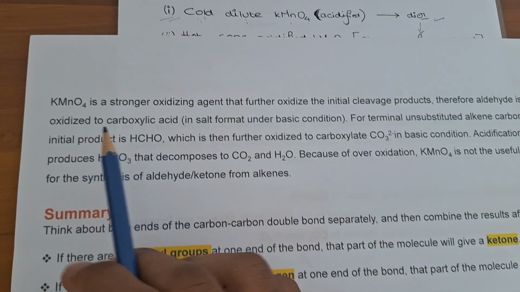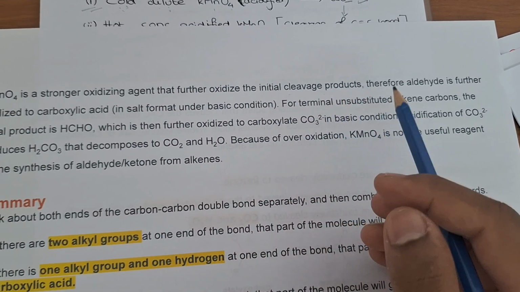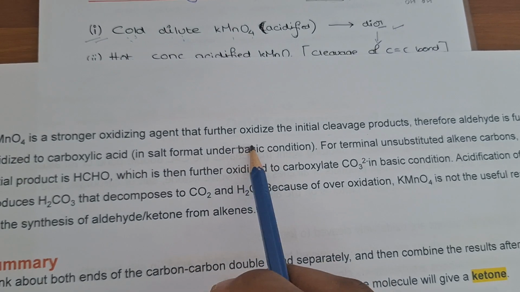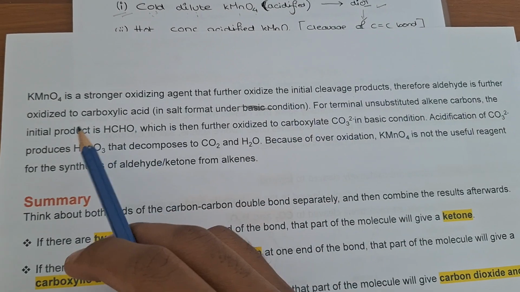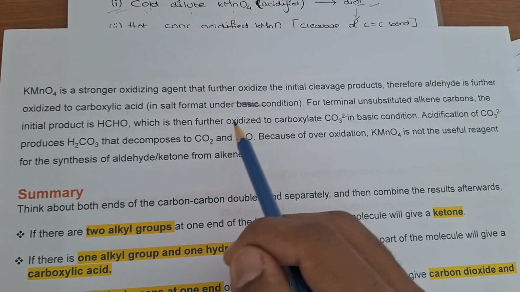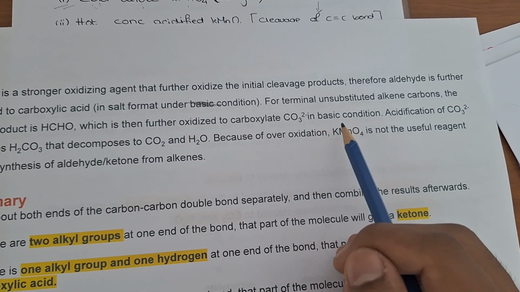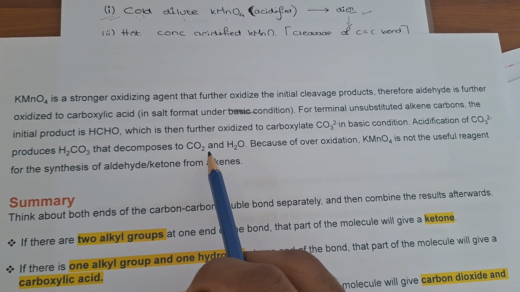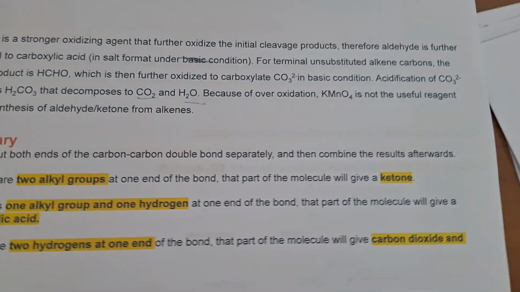Okay, nous lisons là. KMnO4 is a stronger oxidizing agent that further oxidizes the initial cleavage products, and therefore aldehyde is further oxidized to carboxylic acid in salt form under basic condition. Okay, and for terminal unsubstituted alkene carbon, the initial product is HCHO, which is then further oxidized to carboxylate in basic condition. Acidification of the carboxylate produces H2CO3 that decomposes to CO2 and H2O, ça veut dire carbon dioxide and water. Au fait, directement, il n'y a pas H2O, carbon dioxide and water, c'était une réaction un peu plus complexe qui est arrivée, mais bien sûr,